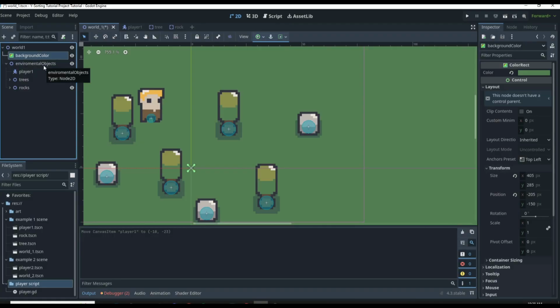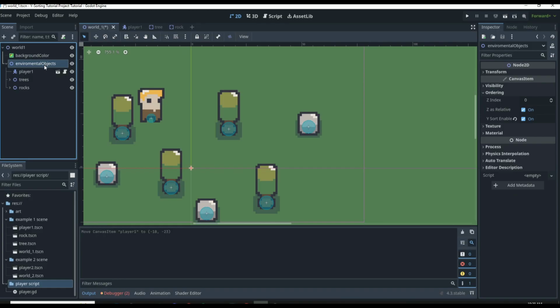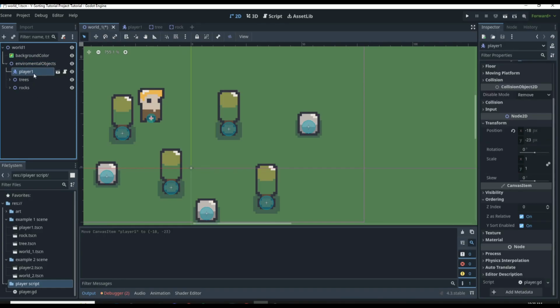You're going to have UI. You're going to have things of that matter that are going to be within your world scene. You may have a world 1 setup node, right? And you don't want that stuff to just be classified and be ysorting during runtime, because that doesn't really help you at all. So I recommend creating this node 2D environmental objects and then putting everything that you want